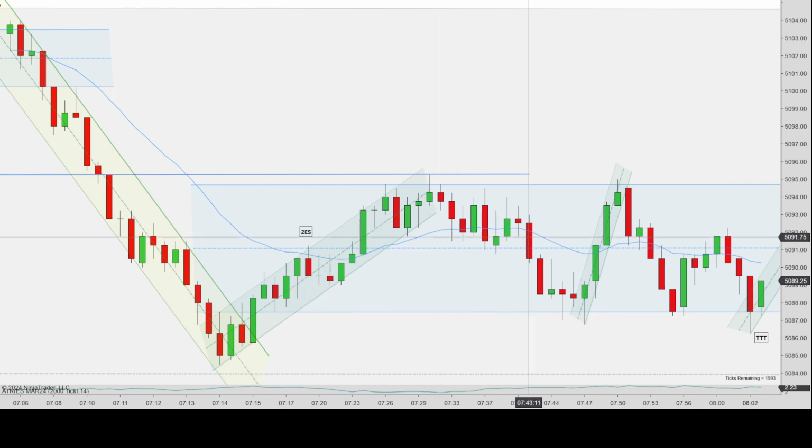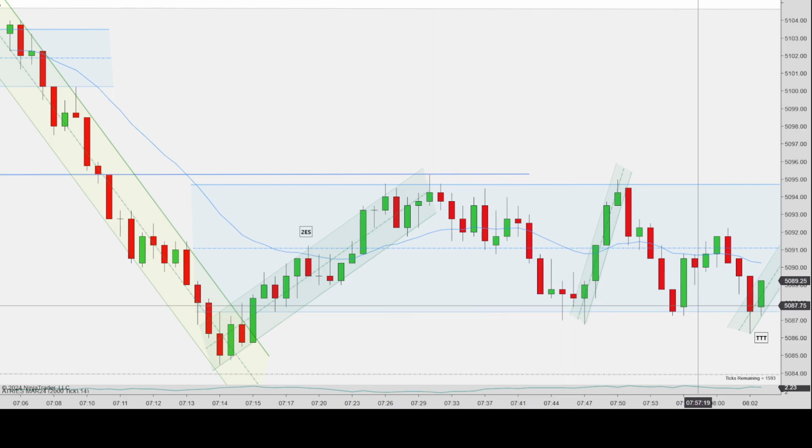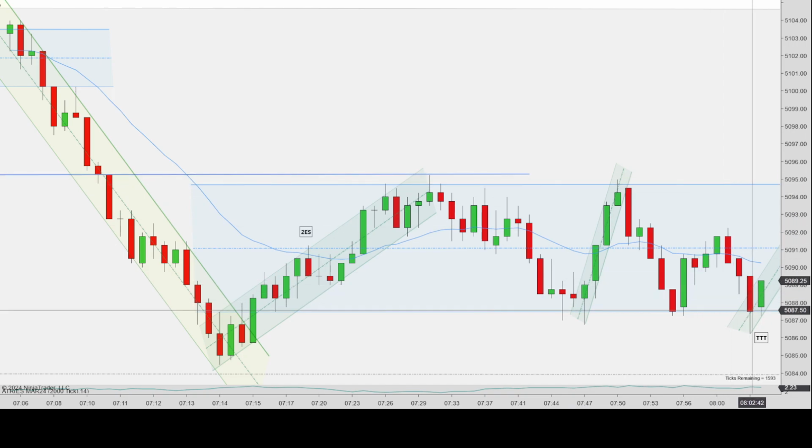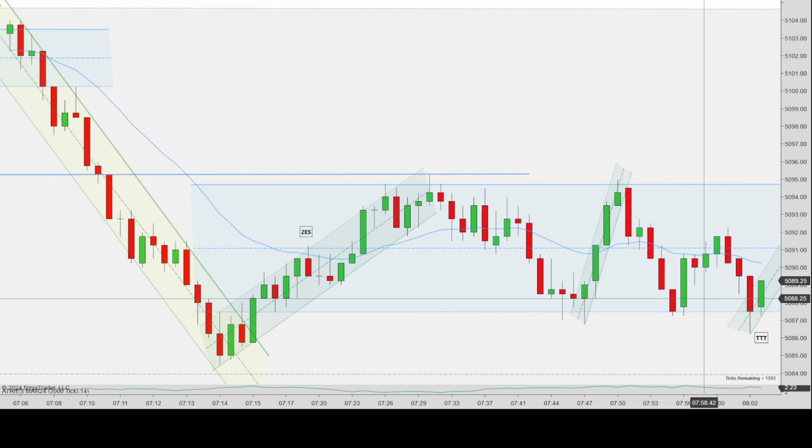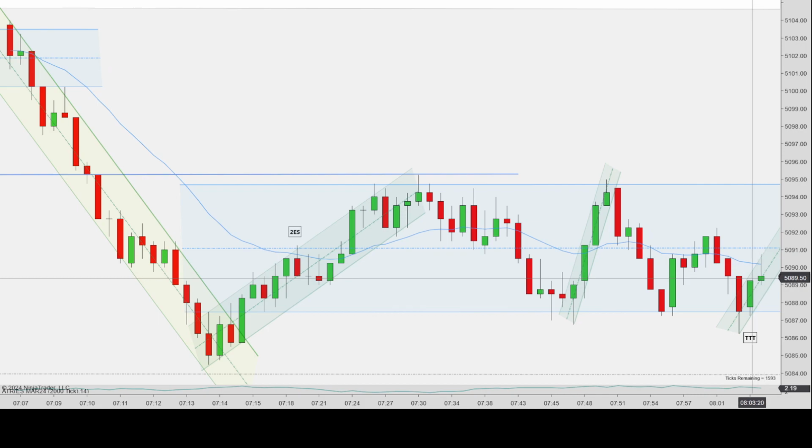So you have one attempt down, second attempt, third attempt. This push back up to this high didn't make it. So it came down, it pushed. And when I saw this candle close, even though it's an inside bar and it is an aggressive trade, I saw it as a confirmed triple test or quadruple test. It didn't quite make it to the top, but I saw it as one push down, one attempt up. Could at least try for a second attempt, at least maybe get to the midline, and that would be enough for a scalp. And so I entered pretty much at the highs of this candle.